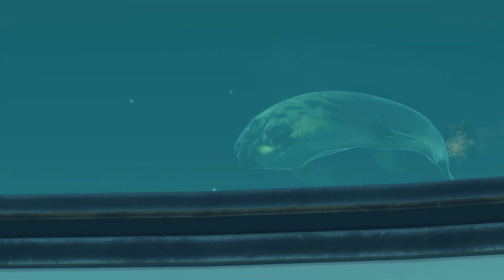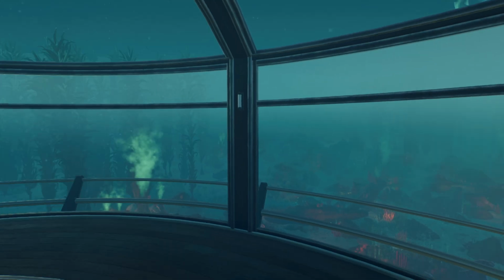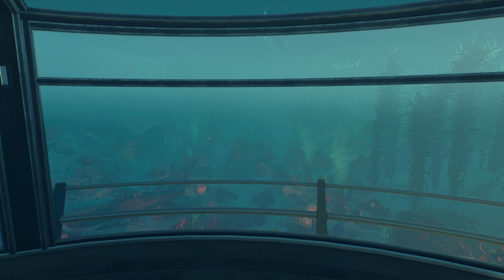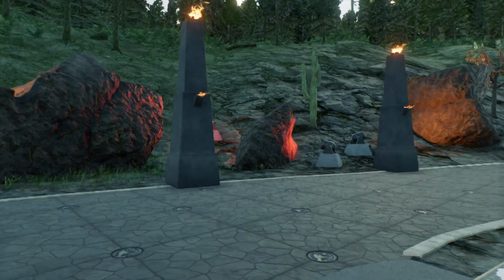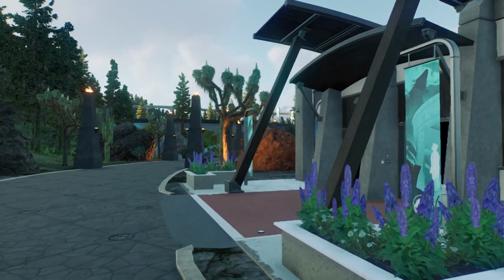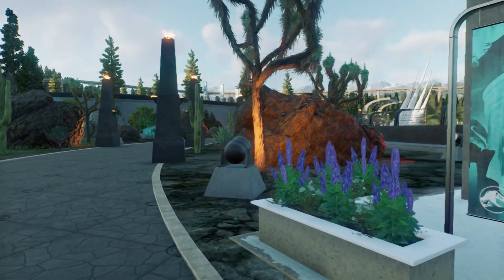There's that beautiful Dunkleosteus. Very cool little habitat there. I love using the red lighting like that. It's very atmospheric, very dramatic. Of course, it matches the exterior sections, as you can see. It's got a few of those, and then...